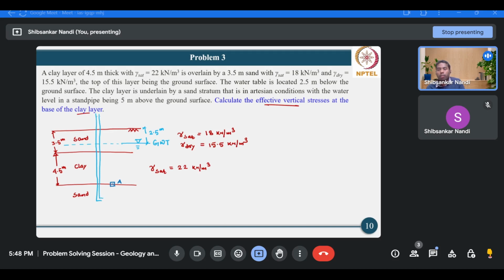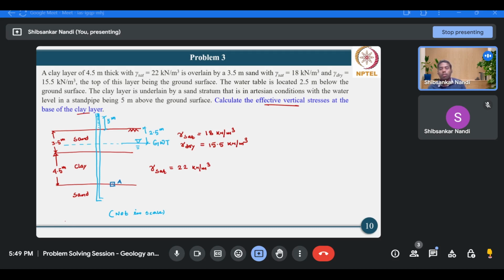So the water level will be 5 meter above the ground surface. Okay, so again this is not in scale. For this statement, you have to be very careful and appropriately address it in the calculation procedure. So first we'll start with the calculation of total stress, then pore water pressure, followed by